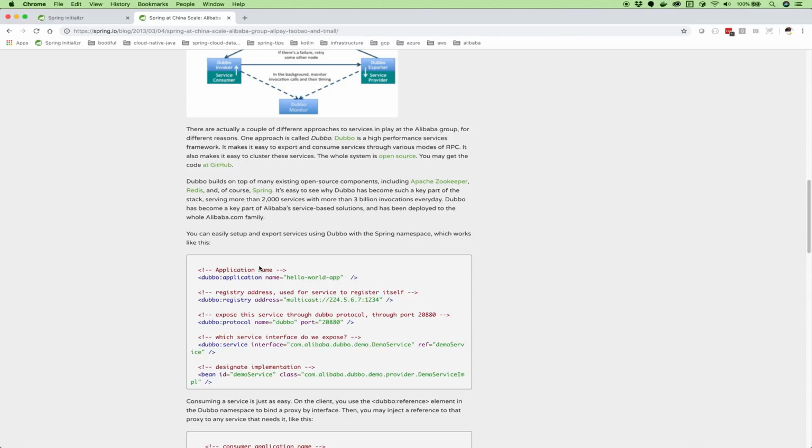Today, my friends, we're going to confine ourselves to Spring Cloud Alibaba. So you may know that we have integrations with different cloud players and with different cloudy sort of infrastructure. In the incubator we have Spring Cloud Alibaba, Spring Cloud Azure, Spring Cloud AWS, Spring Cloud GCP, and I've done videos on these, right? So today we're going to look at Spring Cloud Alibaba.